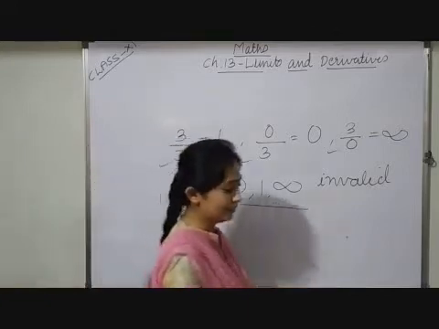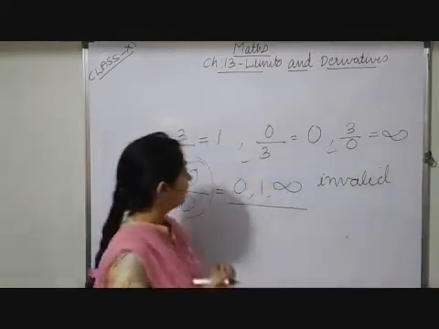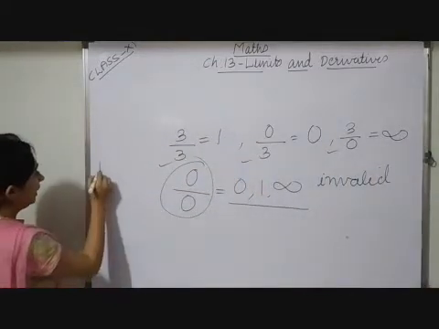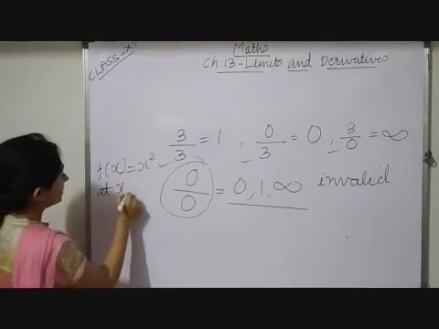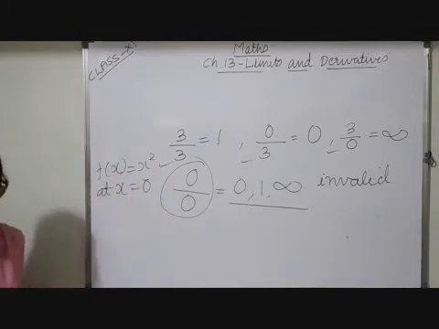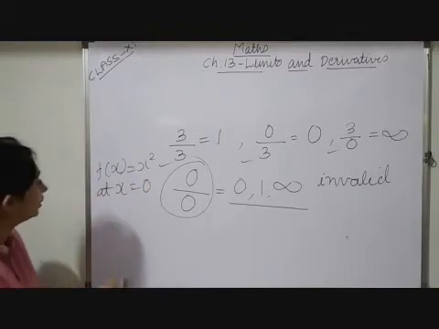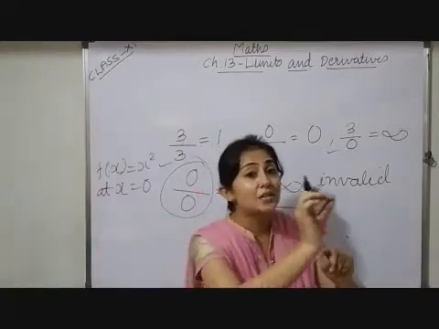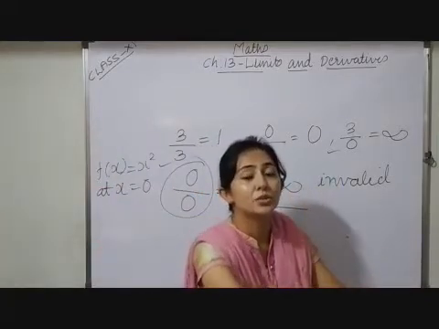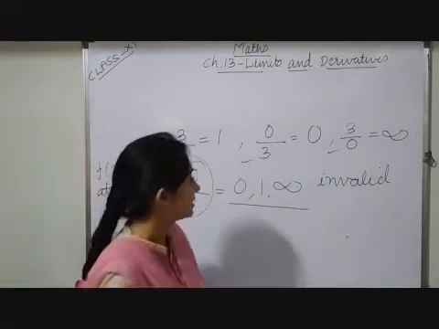So now what is a limit? First of all, limits mean there is a difference, children. If I say f of x is equal to x square and x is equal to 0, it means in place of x, if I substitute 0, my function is going to be 0. Limit says what? It tends to 0. Limit tends to 0 means it is nearly equal to 0 but not exactly 0.